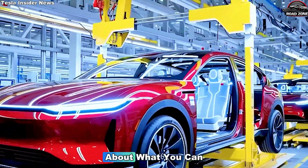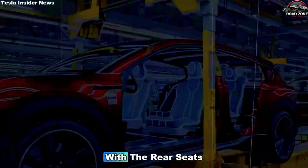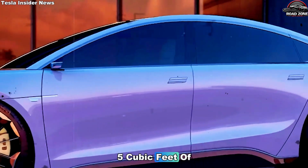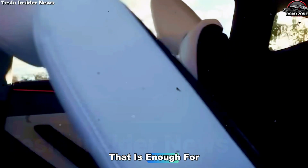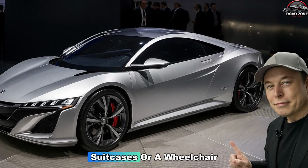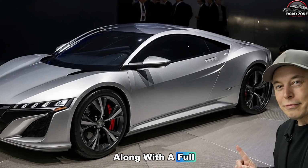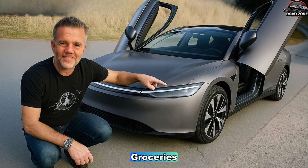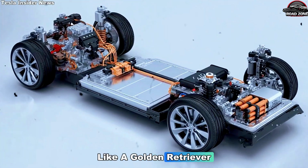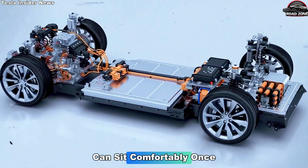Now let us talk about what you can actually carry. With the rear seats up, you get about 18.5 cubic feet of cargo space. That is enough for 4 golf bags plus 2 28-inch suitcases, or a wheelchair along with a full week of warehouse store groceries. If you have a dog, a large one like a golden retriever can sit comfortably once the